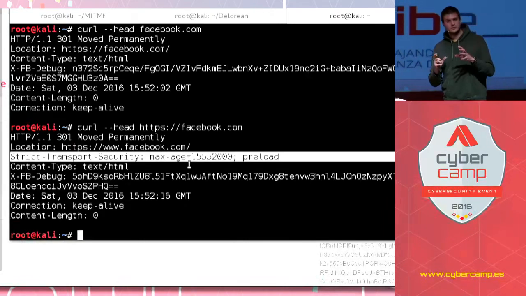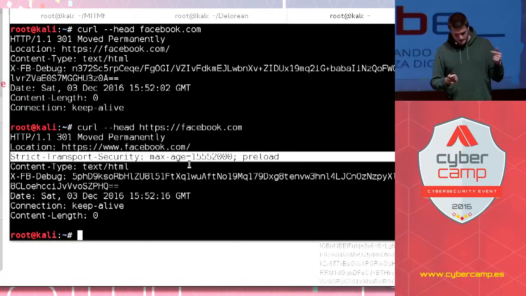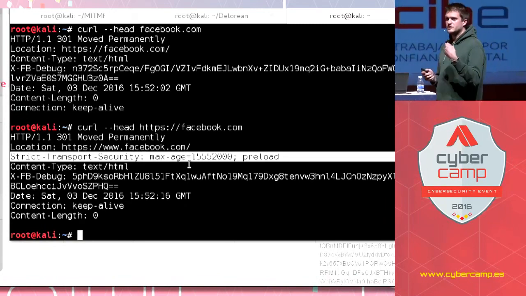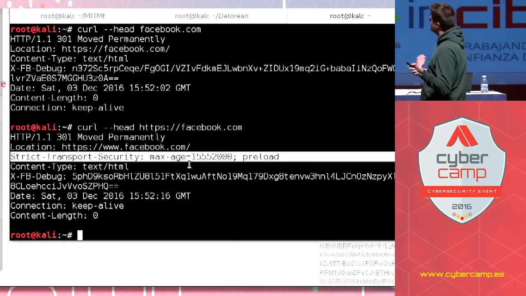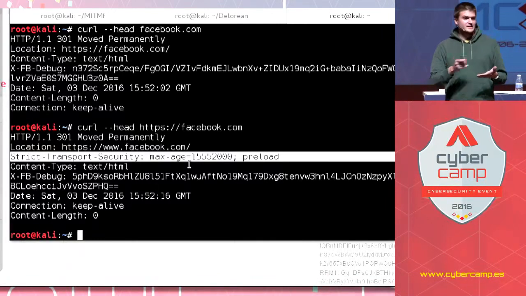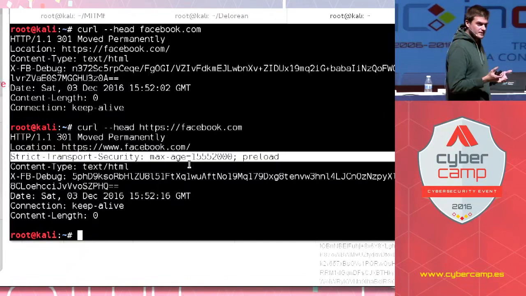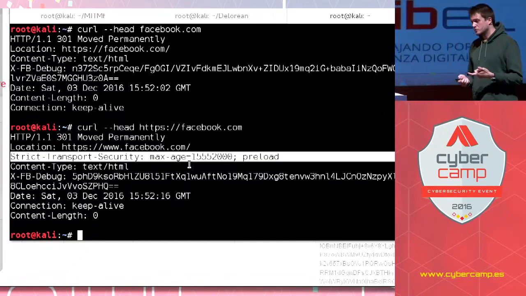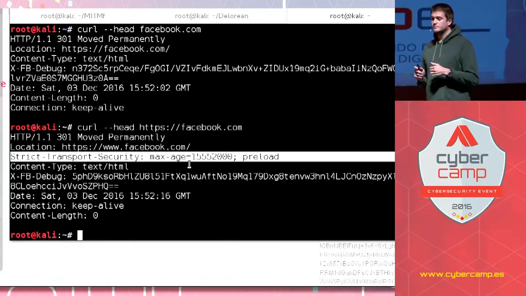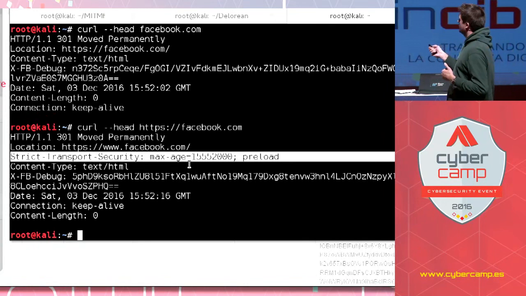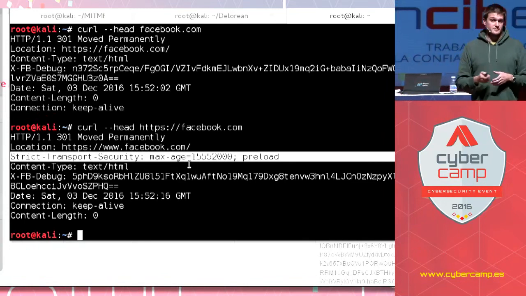So the minute your browser gets the header, processes it and stores the value, these 15 million plus seconds are the time that the header value will stay in your browser, which means the next time you go to Facebook, facebook.com, that's what you type, there will be no HTTP request,